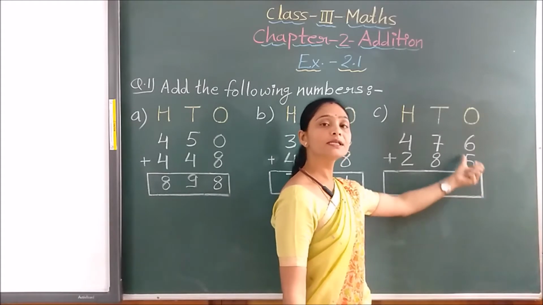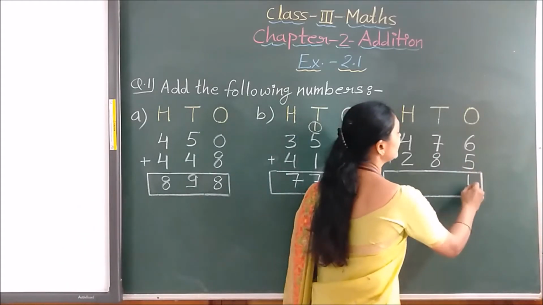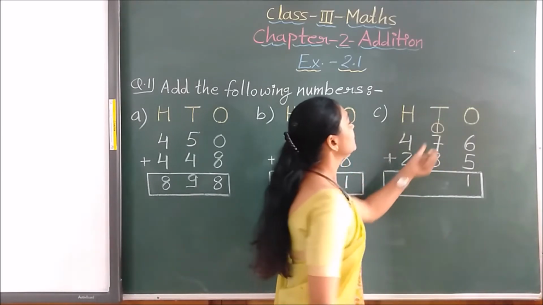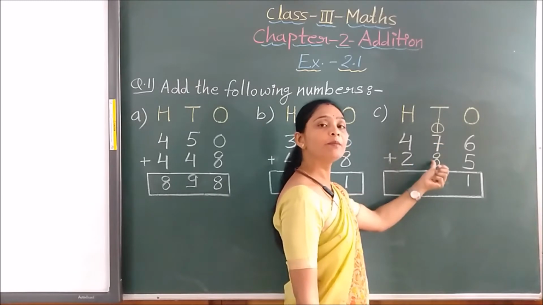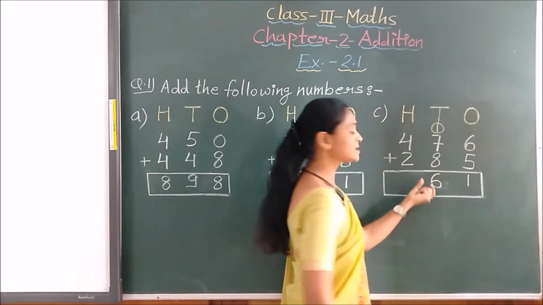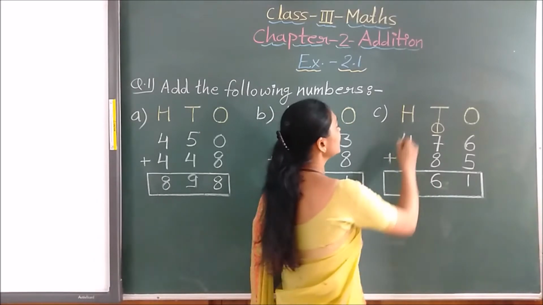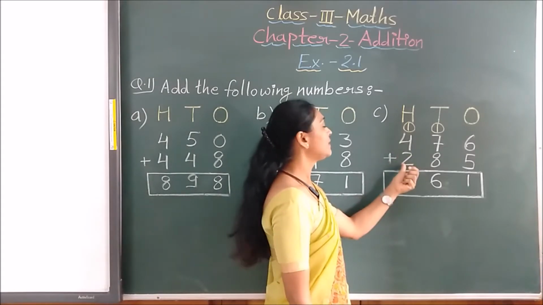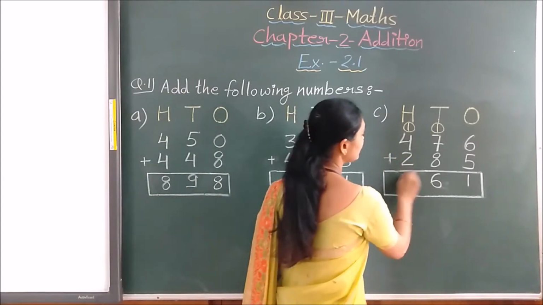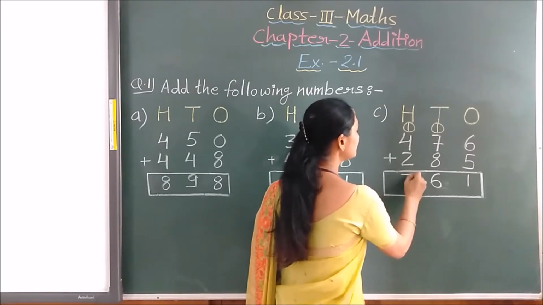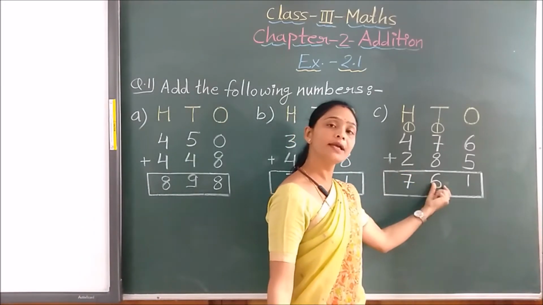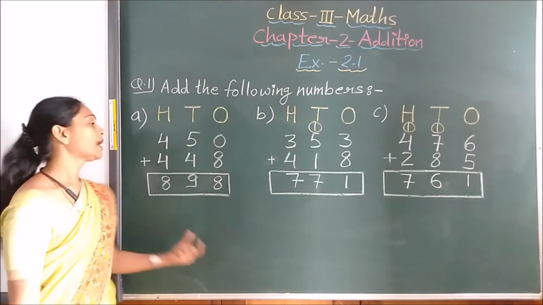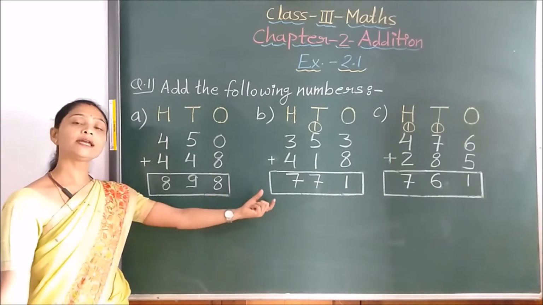Now this third one we will see. 6 plus 5, 11. So we have to write here 1, and 1 carryover goes up here. See, 1 plus 7, 8, and 8 plus 8, 16. So we have to write here 6. And then again we got 1 carryover, so we will write this up. Now 1 plus 4, 5, and 5 plus 2, 7. So 7 will come here. Now see children, which number we got? We got 761. So this way we have solved all these 3 questions, and you may add any 3-digit numbers the same way.